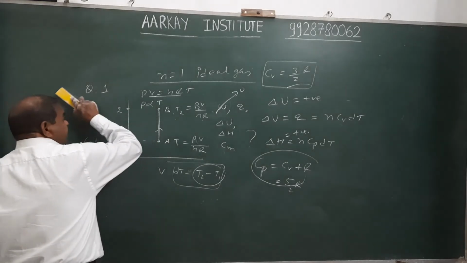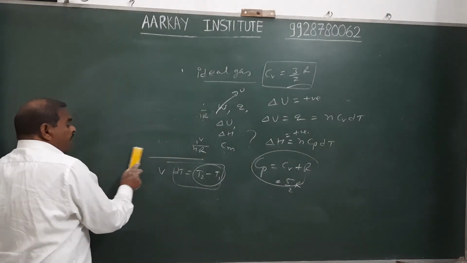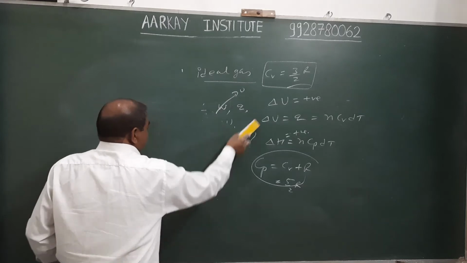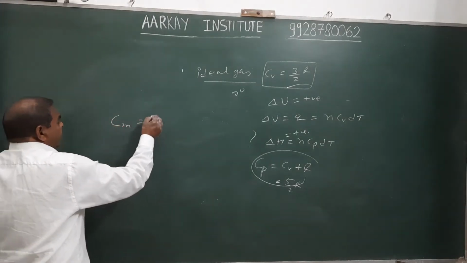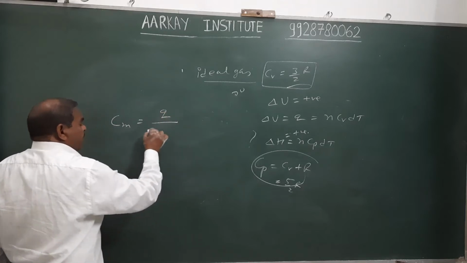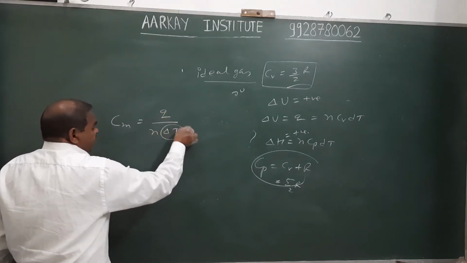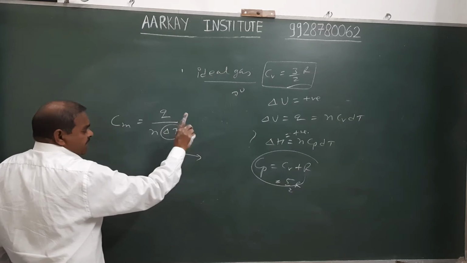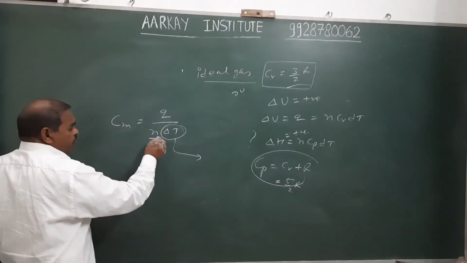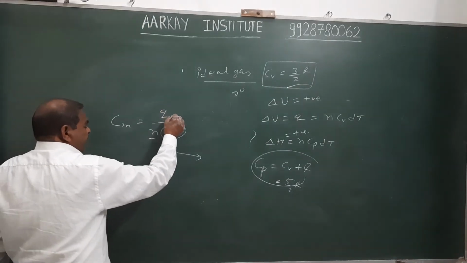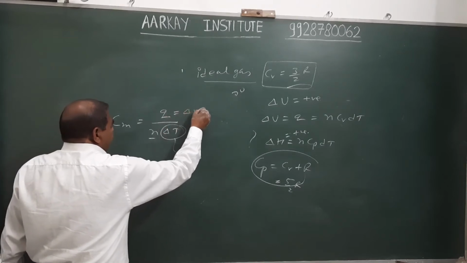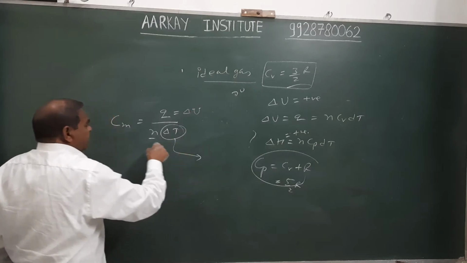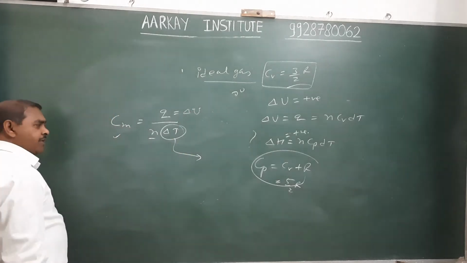Now we discuss these parameters in case of molar heat capacity. Another question: molar heat capacity equals absorbed heat upon n dT. We calculate change in temperature with the help of given parameters, moles given, and Q, the heat exchange in this process, equals the change in internal energy, and then calculate the molar heat capacity of the gas.